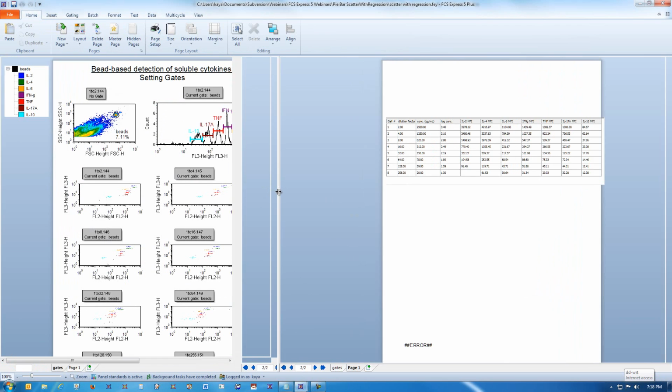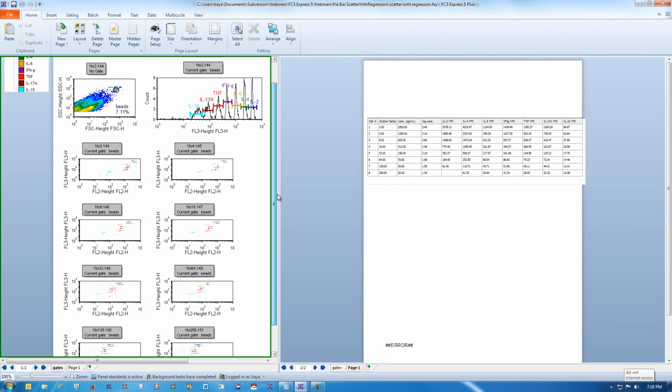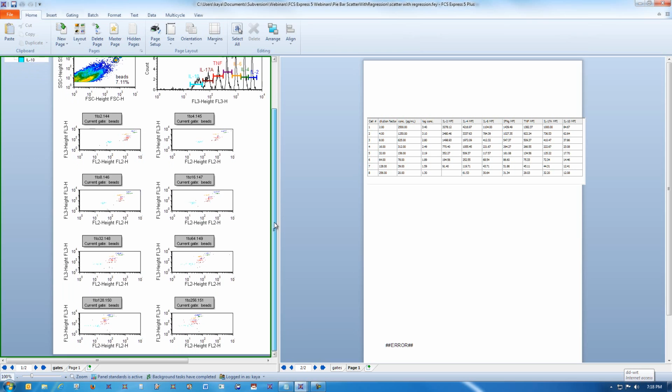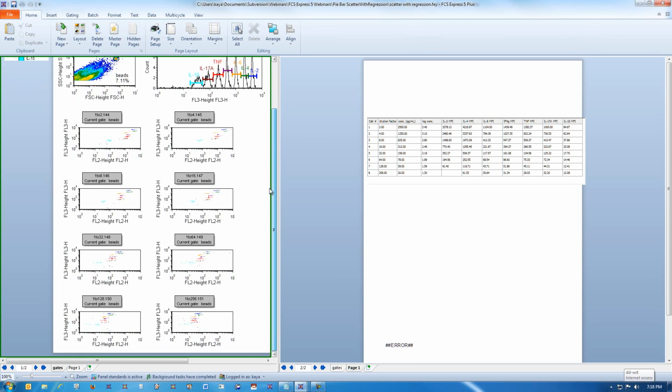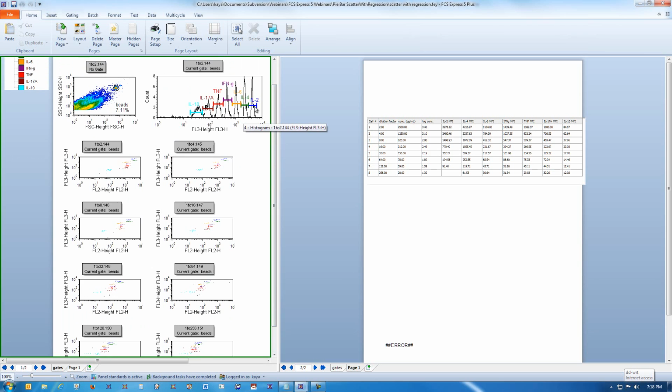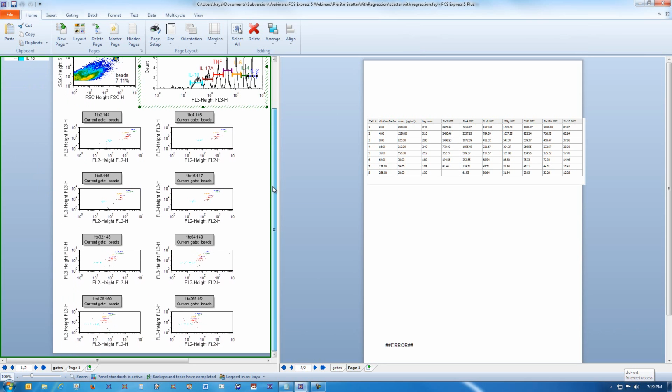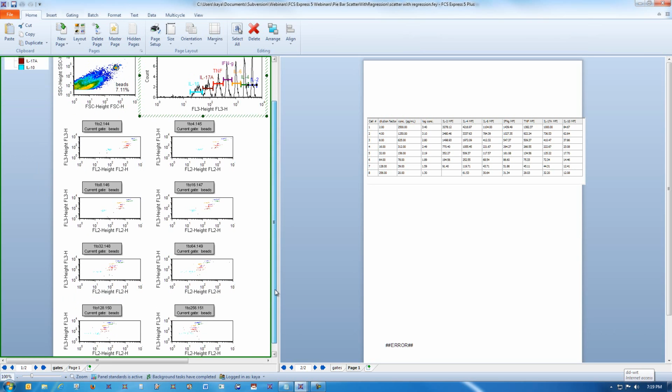Okay, so this is an example of setting up the standards for a cytometric bead array experiment. So right now we're looking at different cytokines here on the left, and typically you have a limiting serial dilution of each cytokine standard. So for instance, for this IL-2 blue standard, we have different plots here looking at from a 1 to 2 all the way down to a 1 to 256 dilution. And you use those MFIs from each dilution to construct a standard curve from which you'll then interpolate the values